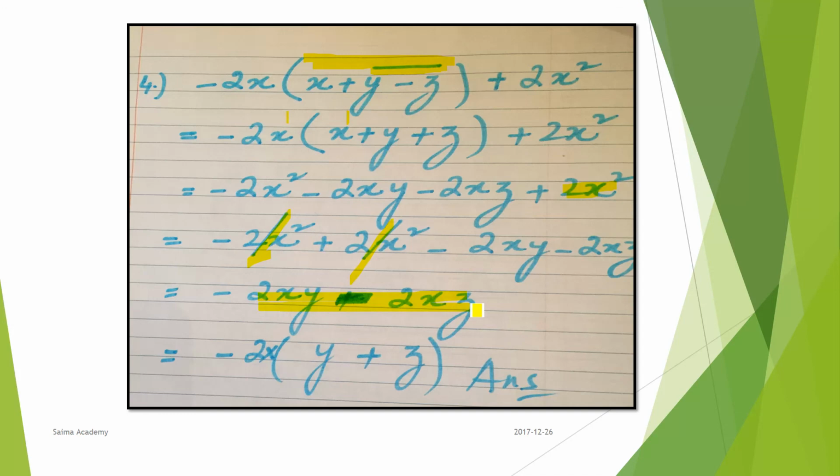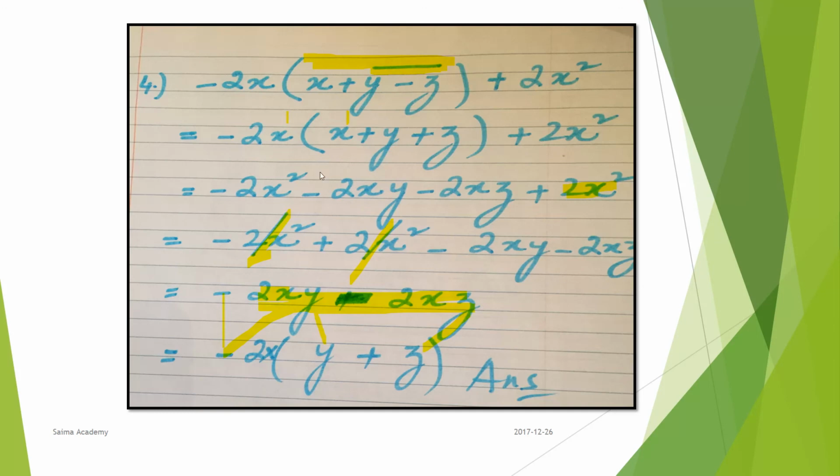This is the answer, but if you want to simplify it, we can take 2x because 2x is here, 2x is here, 2x is common, and this minus sign, minus 2x. So what is remaining? Only y is there and z is there. Now how come this plus sign? Here is the minus and I have written plus here because of this minus and this minus, minus plus.